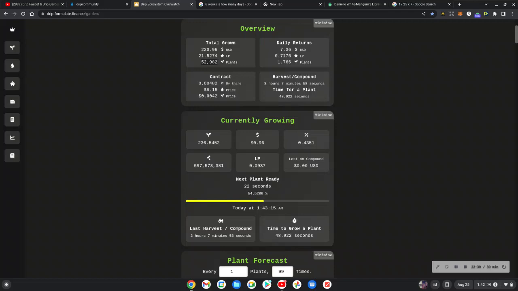But if you're new to Drip, I recommend you get the Drip, the 1% a day, and you get the garden, the Drip Garden on Animal Farm. Those are my two recommendations. If you're just starting out, don't worry about the pigs and the dogs and the piggy bank. Don't worry about all that stuff. You need to get the Drip as your foundation, number one. Drip Garden is your foundation, number two.